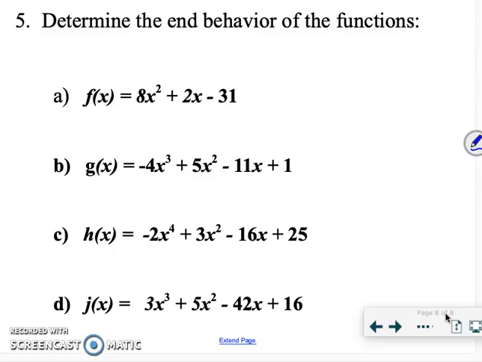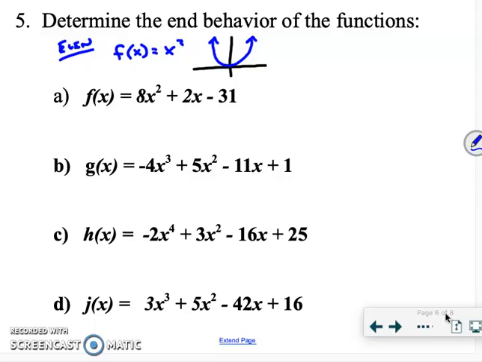So, a lot of this has to do with the degree. If we're talking about the degree of the overall function as being even, what I would encourage you to have memorized, you should already have memorized, is your parent function for a quadratic. As you're already well aware, the quadratic parent function is going to be an upward opening parabola. So anytime you have an even degree, it doesn't matter if it's 2 or 52 or 2,000, the ends, the left end and the right end, are going to be going